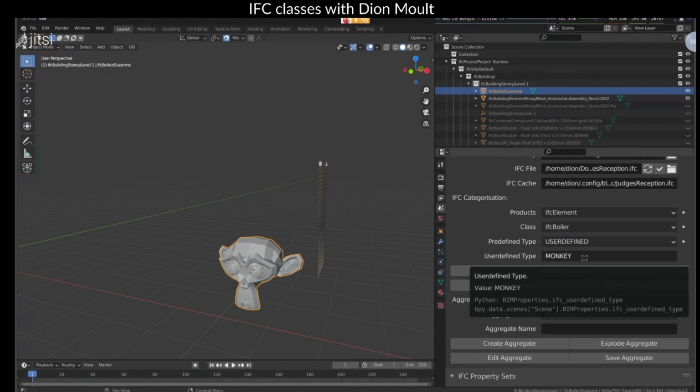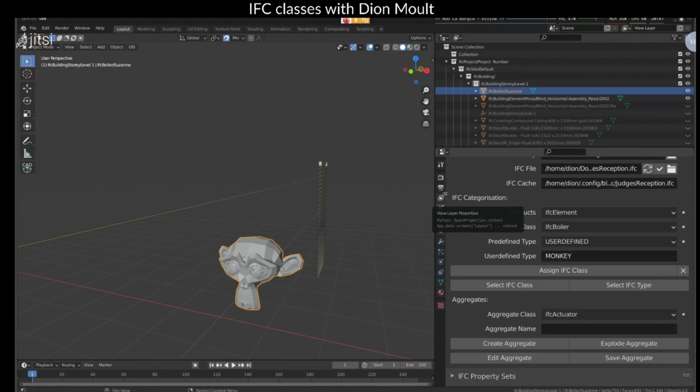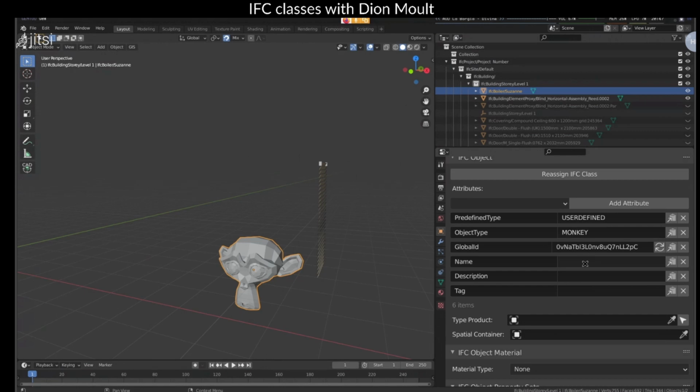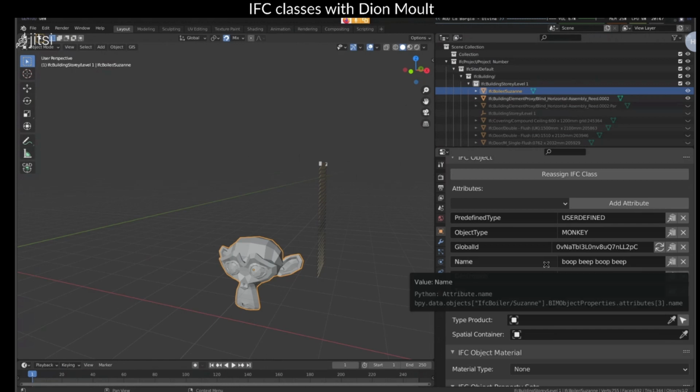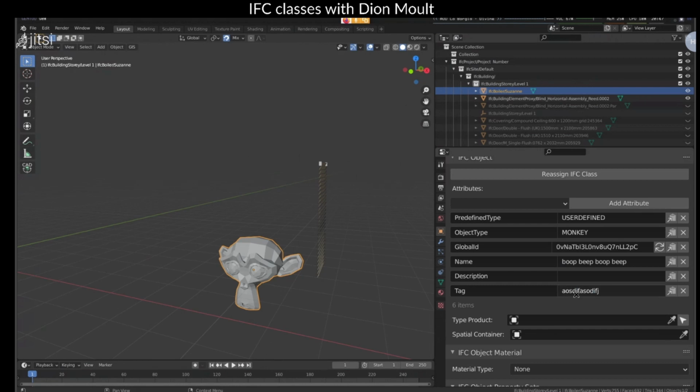And that is a very small set of attributes, and it's all part of the ISO standard. You cannot change it, you should not change it, and you also should not put whatever you want in it. There are rules to follow. So for example, name. I can't just type in boop, beep, boop, beep. There are rules about what should be in that field. There are rules for what should be in this tag field, and the